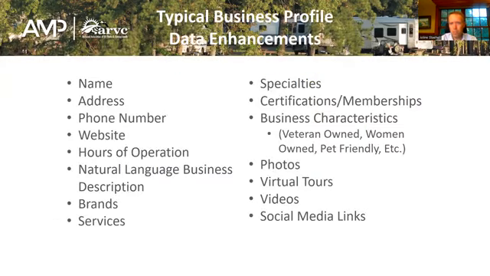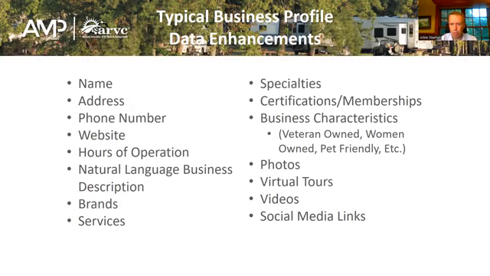What kind of information can you drop into a typical business profile? It's different at every site. You know, Yelp has a from-the-merchant space. Google doesn't. Foursquare takes a lot of information that Bing doesn't, but mainly the core data is the same. Obviously, there's your NAP data, your name, address, phone number, your website, hours of operation.